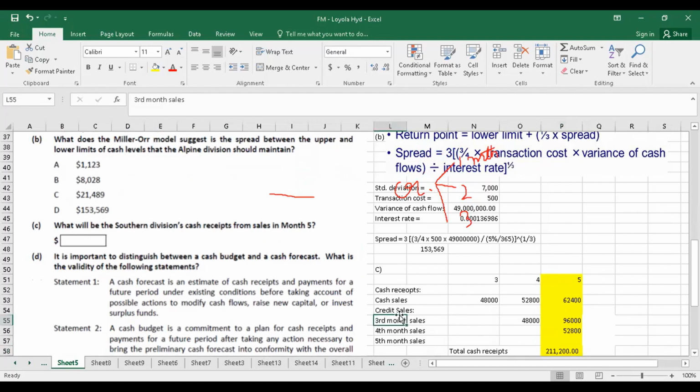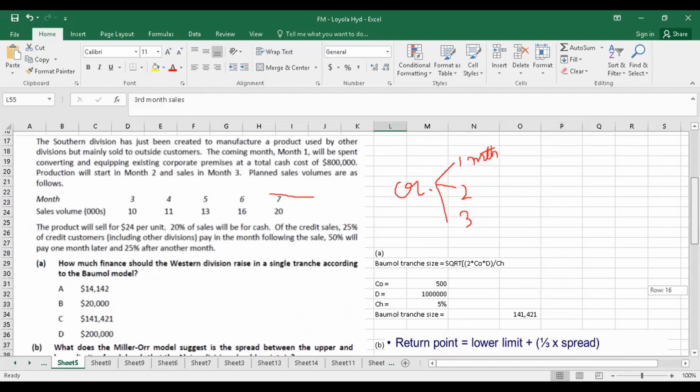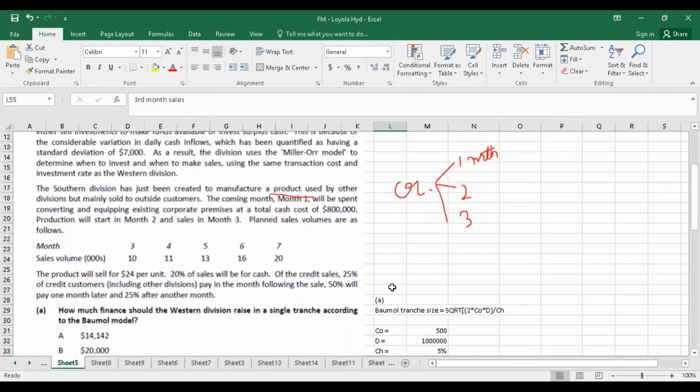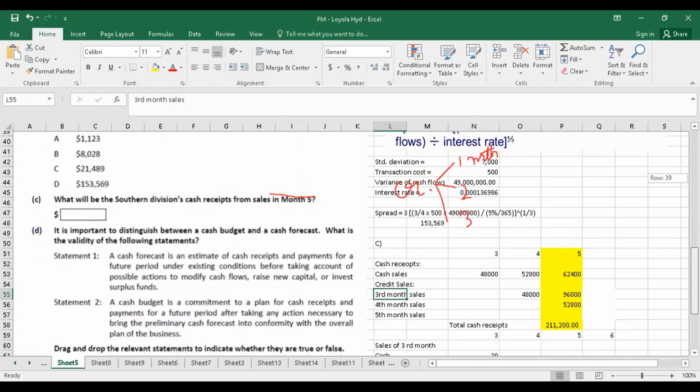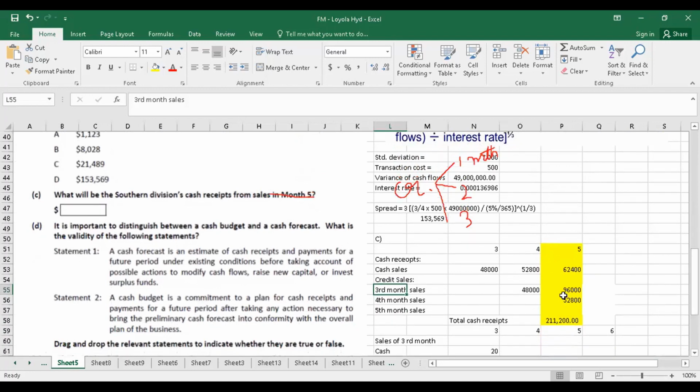The question here was not properly framed. Here it says that of the credit sale, 25% of credit customers pay in the month following the sale. Pay in the month following the sale is 1 month later, 2 months later, 3 months later. But their intention, that particular framing of the question was not appropriate. So we see that